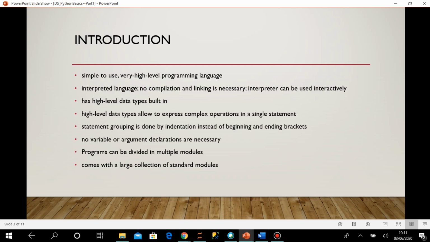That's why it is very useful in data science, because you will find in the later sessions that there are many algorithms which are already written. There are many modules which are already there, which we can just call and implement, so we don't need to bother about writing everything. A lot of things are already written in the modules which are part of Python.